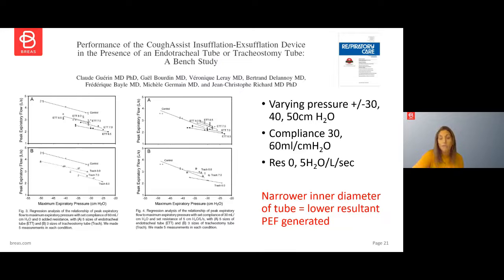It makes sense. As your tube narrows, we know that then there will be an increased resistance to airflow. Resistance to airflow is inversely proportional to the radius reduction, and that's really important. So again, they concluded that you would probably need to therefore increase the pressures that you're using if you're using MIE with an artificial airway. Useful. This paper that came out last year